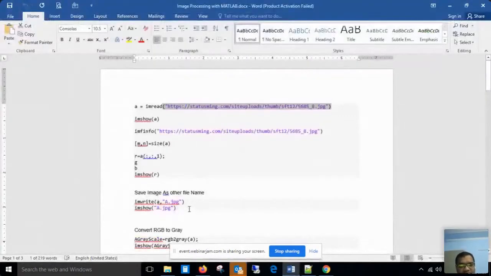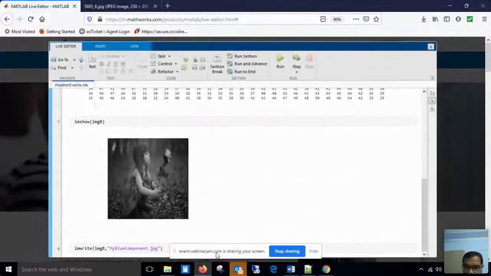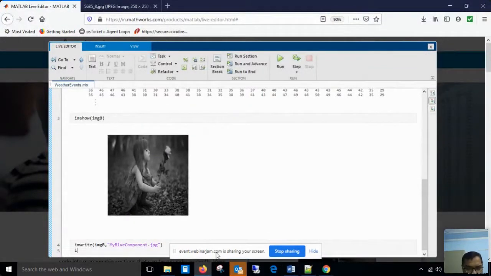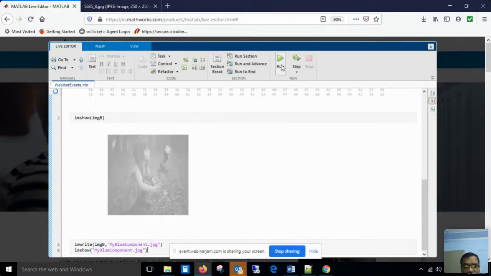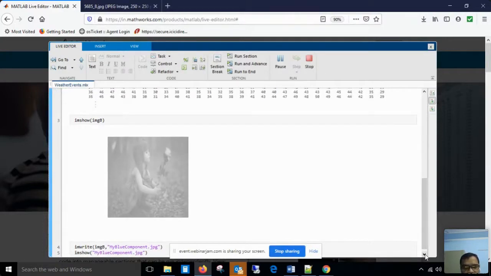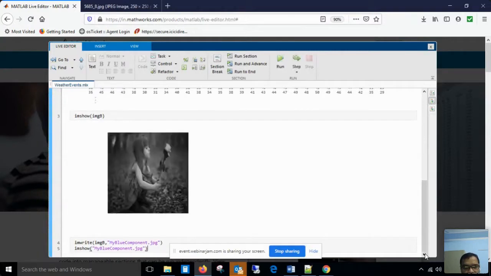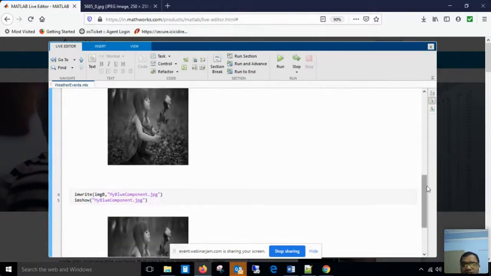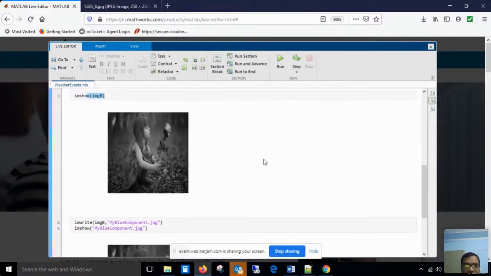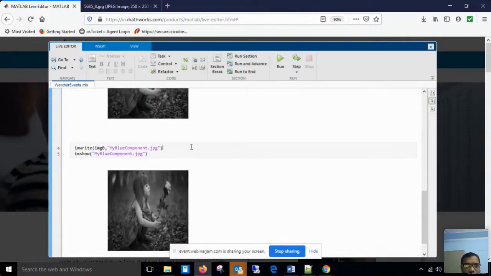Right, so I think I have written the same command, no problem, it will work. And then I just want to check whether I have done it correctly or not. So I will use imshow and display my blueComponent.jpg. If it is the same as the imgb matrix, then I can ensure that my image has been saved successfully. So see, this was my actual color component imgb. Then I saved it to